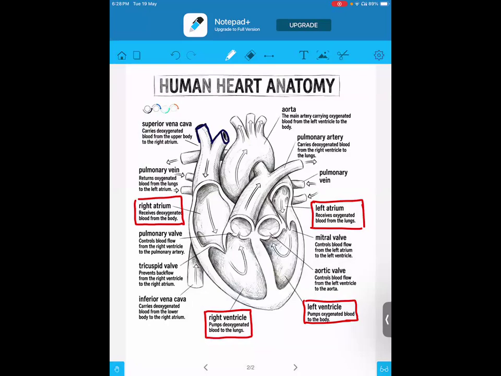So this part, this vein is called the superior vena cava. So you can see this is the arrow. From here, the impure blood is entering. Then it is going to the next chamber, which is the right atrium. From here, it is going to the next chamber that is called the right ventricle. That is how the movement is happening for the deoxygenated blood. Now, from the right ventricle, it is going to the next part,